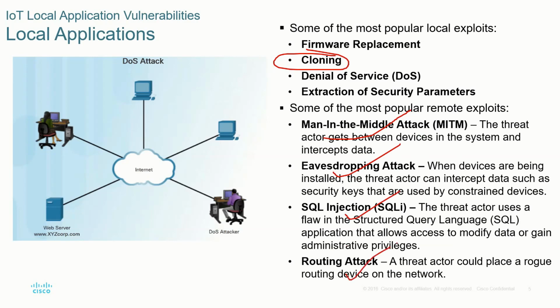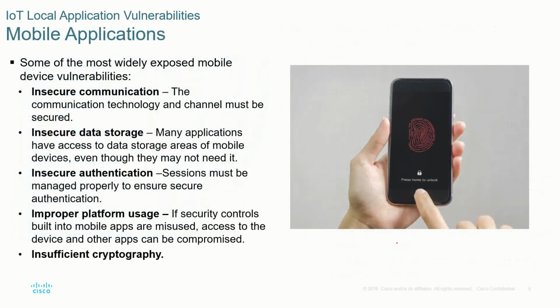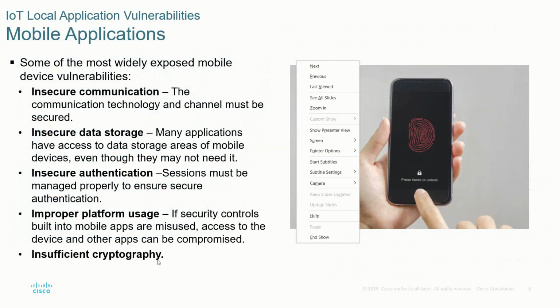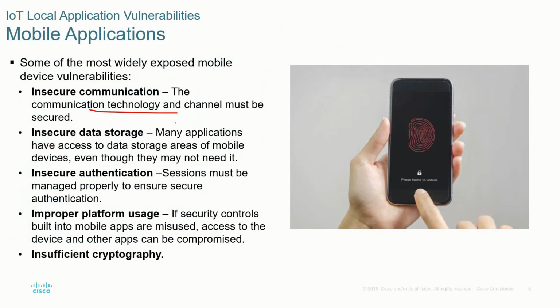Let's look at them individually. So mobile application, insecure communication, right? The communication protocol may not be good enough. The data storage, okay, has access. Now it's slightly better but then it's like a knife, I cut. Yeah, it's